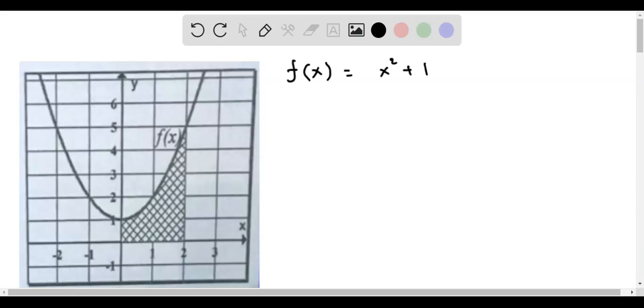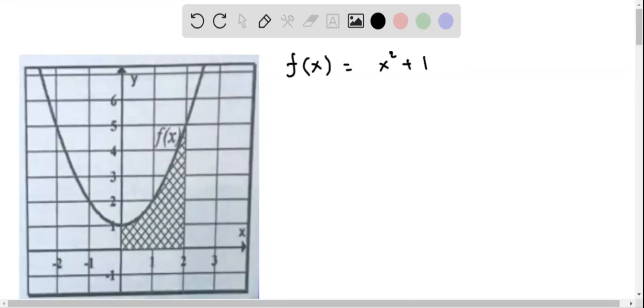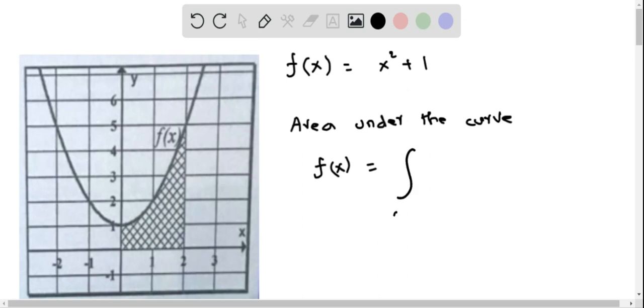We now find the area of the shaded region. So the shaded region is basically the area under the curve of f of x. So we write area under the curve f of x. This is given by the formula integral from x equals a to x equals b f of